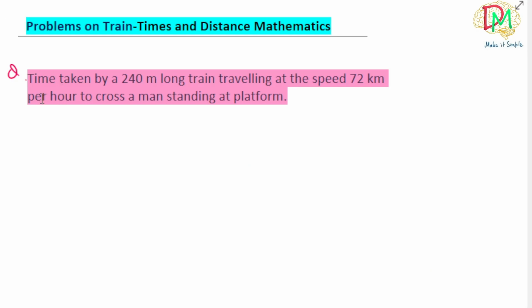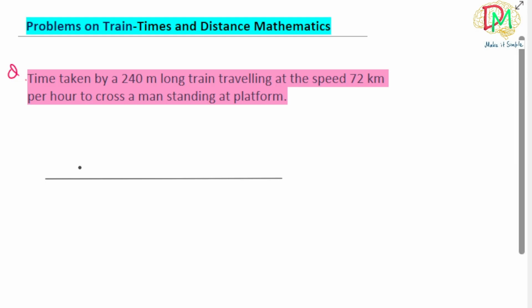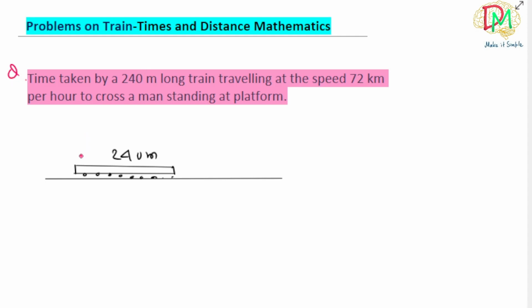Let's solve one question. Question: given the time taken by a 240 meter long train traveling at the speed of 72 km per hour to cross a man standing on a platform. So let's draw the picture, a line diagram. Suppose this is the train and the length is given as 240 meter, right? That is L given, and the man is standing here. If this train crosses this man, it has to cover its entire length. So distance traveled is equal to the length of the train, that is 240 meter,